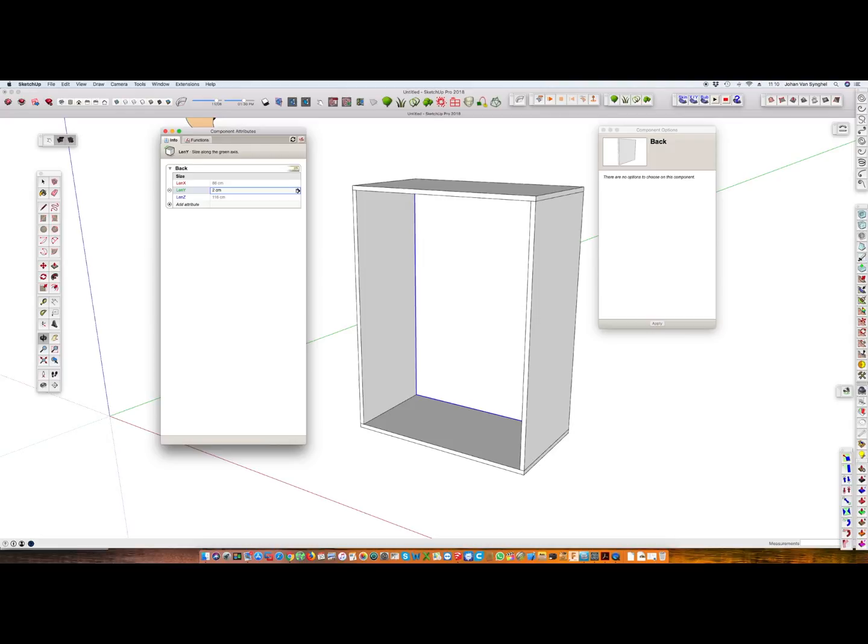So I have here also the height, and in this case in the red direction is the width of the cabinet. The blue direction is the height of the cabinet's backside. So if I want to know,